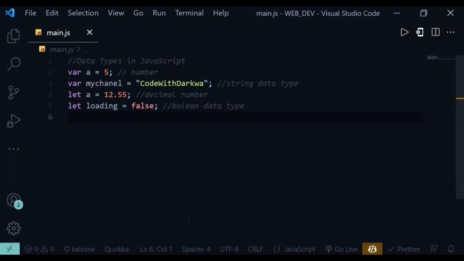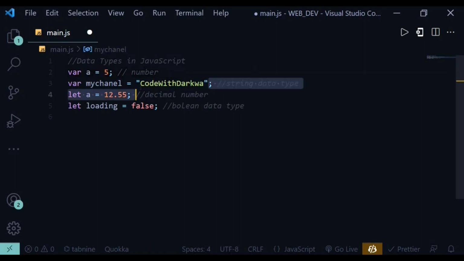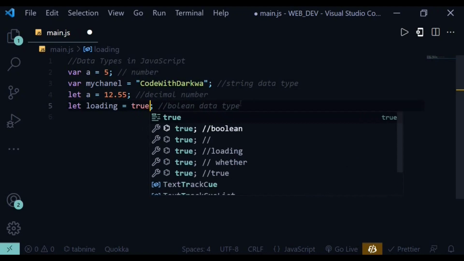So let's proceed with the data types in JavaScript. Data types basically means the types of data or values a program can work with. We have different data types in JavaScript: number, string, decimal, or boolean. A number data type is going to be an integer, whether positive or negative. A string data type takes a string of text, or any text that is wrapped in quotes. The decimal data type takes decimal values. The boolean type takes just two values, and that can be either true or false, yes or no, or on or off. For example,